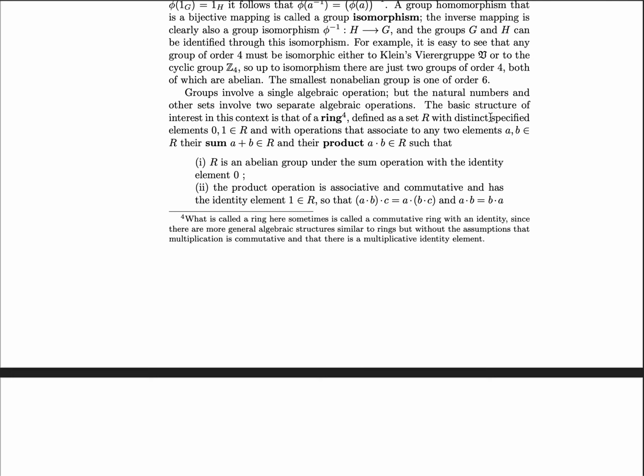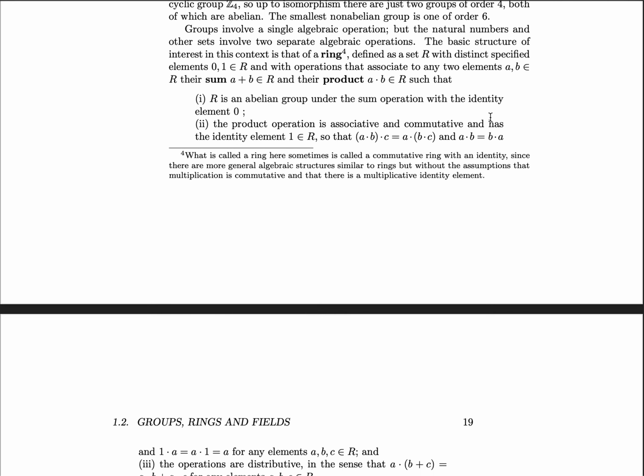So far, we've just been discussing groups, which have a single algebraic operation, but many sets we're familiar with have two separate algebraic operations, so let's consider them. These are called rings. The basic structure of interest is the ring, defined as a set R with two distinct specified elements, namely 0 and 1, which are elements of R, and we have the operations sum and product, such that A plus B is in R and A times B is in R. Additionally, R must be an abelian group